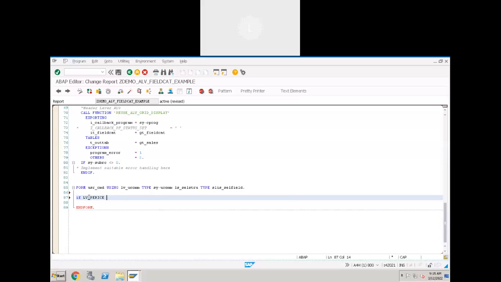So here we are handling the button actions. We can use either if statement or case statement. Both will work. When the user clicks on a particular button, what is that code? For that, just use case statement, because there are no greater than, less than validations here. Button action is the same all the time. That's not going to change, right?